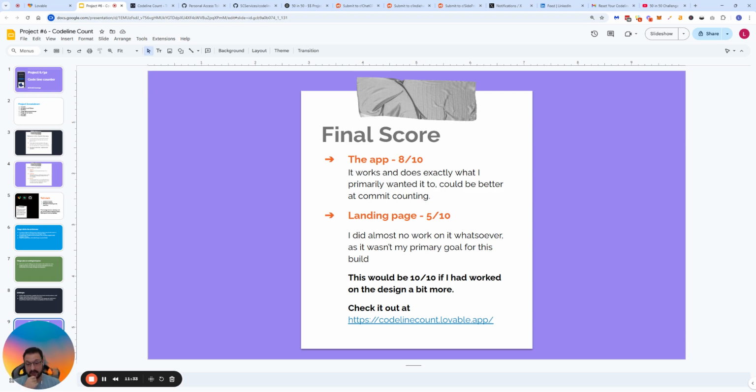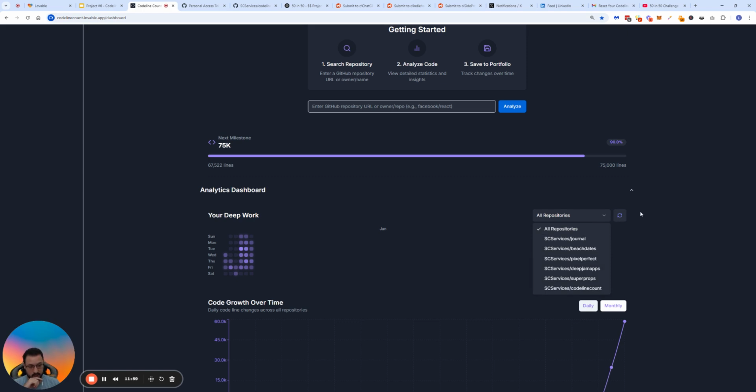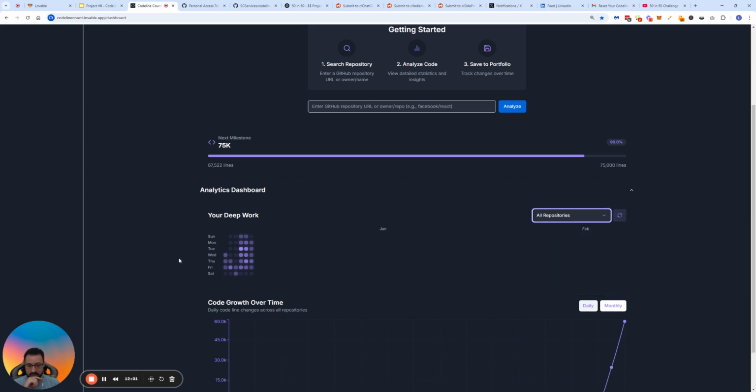And yeah, if you're interested in the number of lines of code for your project, just visit codelinecount.lovable.app, create your GitHub token, paste the URL of your repository that you're using to build, and then go back again to the analytics dashboard, click on the sync button, and see how many days you worked